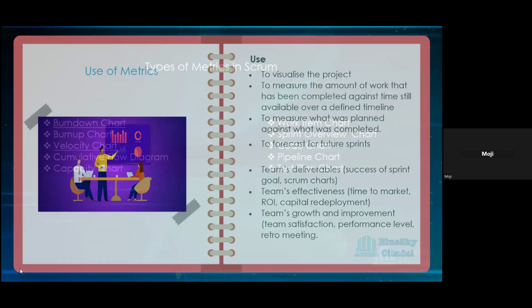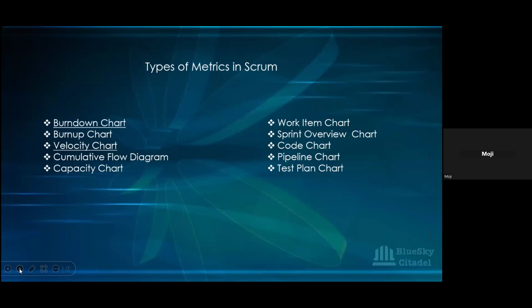Okay, so we want to look at the types of metrics in Scrum or Agile. You have the burn down chart, which is one of the ones we'll be talking about extensively tonight. You have the burn up chart, literally the opposite of a burn down chart. So a burn down chart burns from the top to the bottom, but a burn up chart starts from the bottom to the top. Okay, and then we have the velocity chart. That's another one we're going to talk extensively on today. You have the cumulative flow diagram, used mainly in the Kanban framework, but it can also be used in Scrum, but it's much more effective